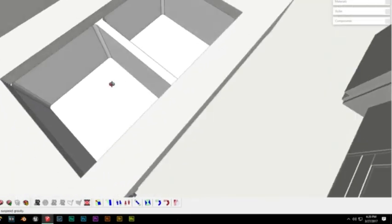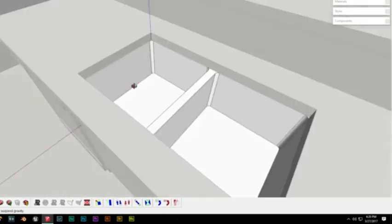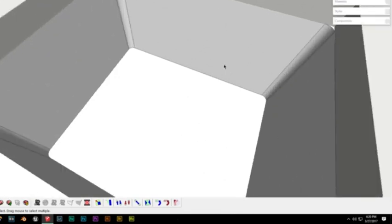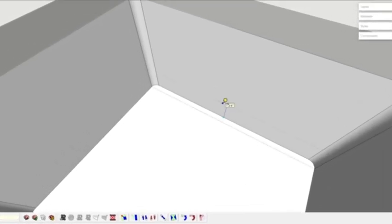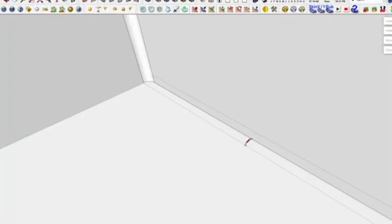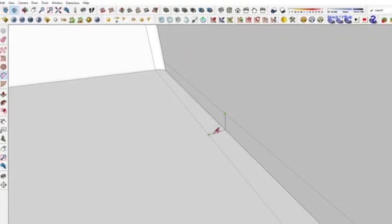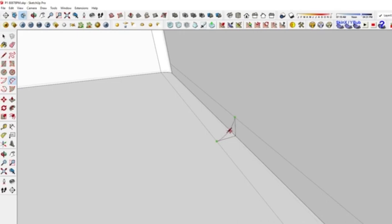And we could use the round corner tool, which is this panel right here, which you can get, if not on the extension warehouse, then just off Google, and you can refer to my how to install extensions video for that if you have any questions. But I think what we might do is if we were to just pull in a 1/2 inch this way and that way, and then I guess we'll have to draw a line in top and bottom, and then we can create sort of a center point there,